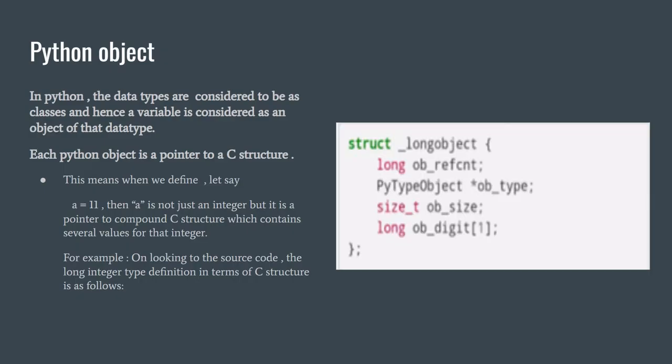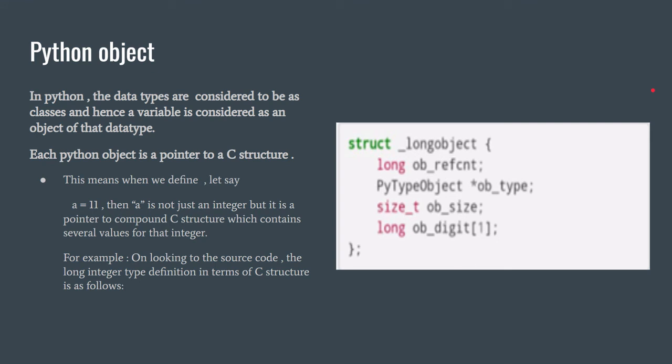It is an important concept in Python and it is a prerequisite to understand the function of a Python code. In Python, the data types are considered as classes and the variables that are declared on the basis of data type are considered as an object or instance. As each variable is an object or instance, it has the following properties: type, property, methods.